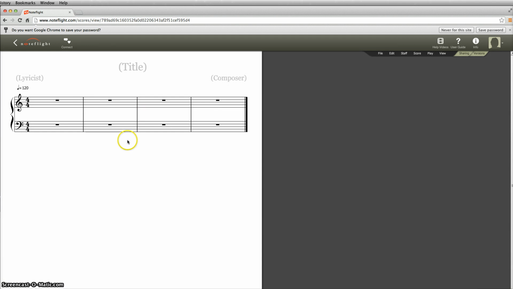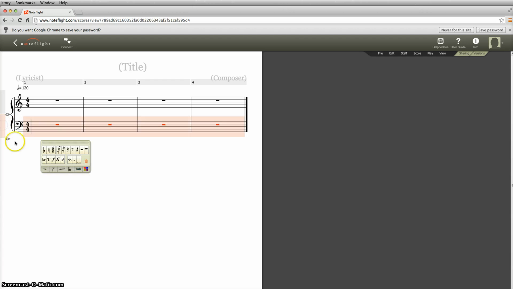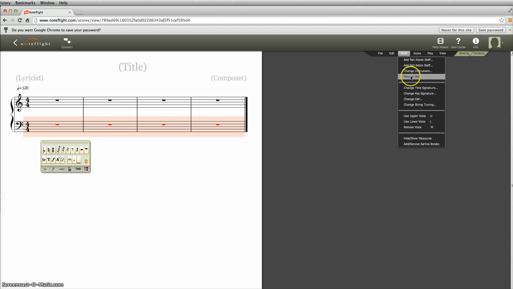It'll create a new score for you, and it'll automatically create a piano staff. Now for our instance, we only need one staff. So to get rid of one of the staffs, you'll need to select it by either clicking on the left-hand side here, or you can even select the clef itself and it'll select everything. In order to remove the staff that you select, you go to this drop-down menu, Staff, and you'll select Remove